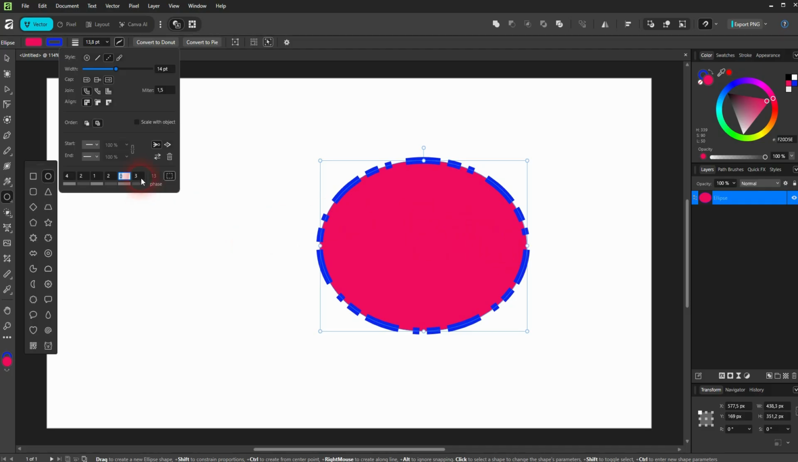So once more, go to style, use the dash style, width and cap are important, and then adjust it using